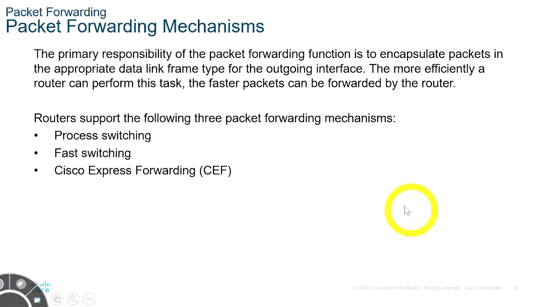Then, a packet forwarding mechanism. So we have talked about how the router will use packet forwarding process decisions, based on what the router should do. So routers support, in order, the primary responsibility of